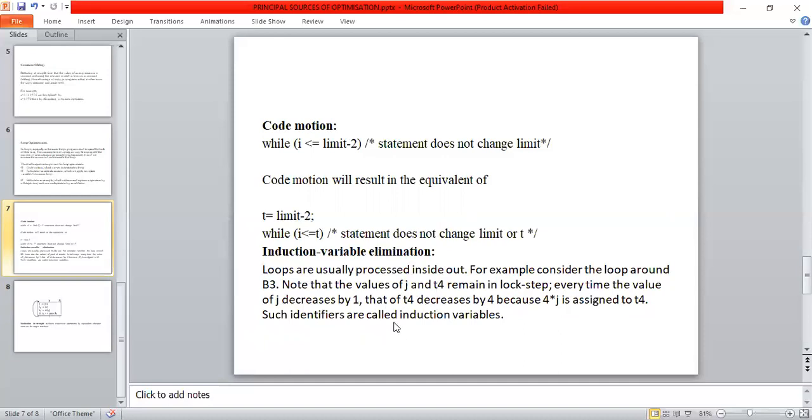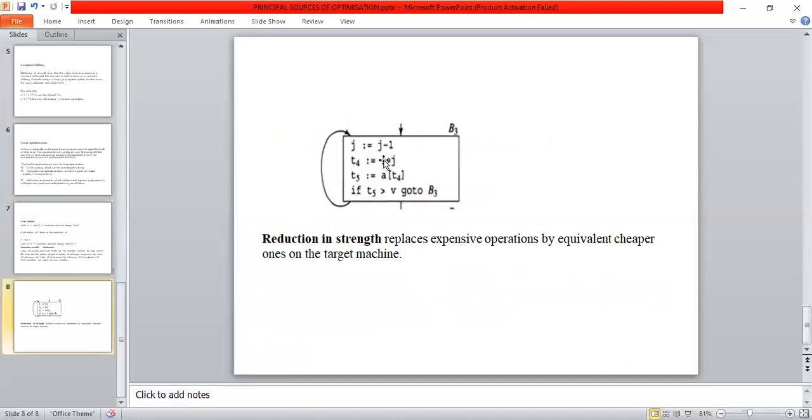Such variables are called induction variables. Here I decrement the j value and after that multiply j by 4. So this is repeated. Whenever we have this type of statement, we should eliminate it from the loops. Otherwise we unnecessarily repeat this loop, which takes a lot of time to execute the program.